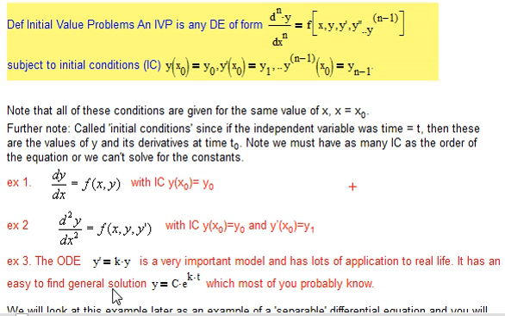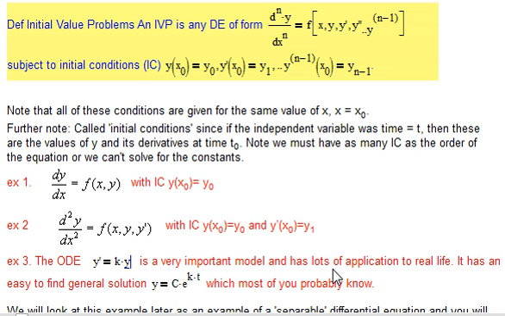This one, the ODE, that's ordinary differential equation, y prime equals ky, is a hugely important model and has lots of applications to real life. It says the change in something is proportional to the amount of something. And a lot of populations are like that. Newton's law of cooling is essentially that. Many things which you've probably seen by now in your studies of science and math should work like that and